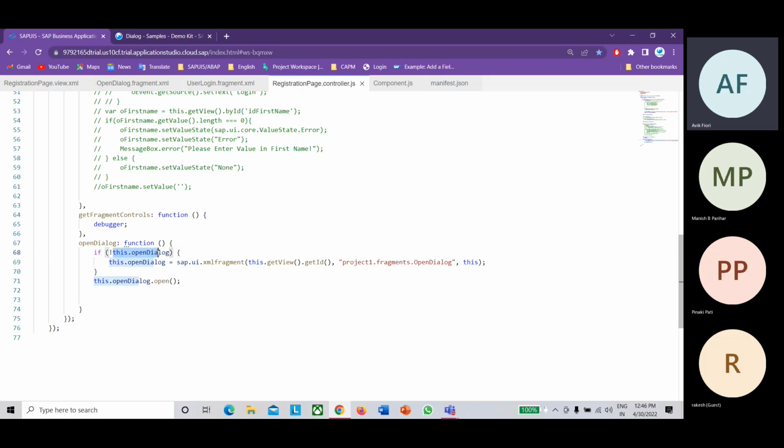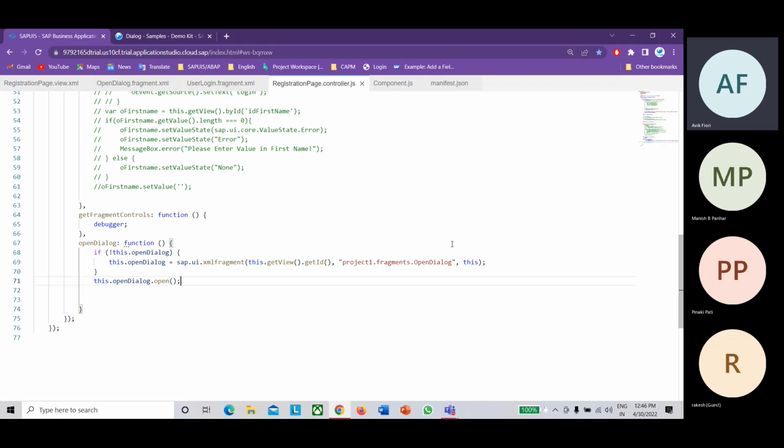Now I have added one condition. By default, when I declare this.openDialog, it will not have any value, so this condition will be true. After that, it will load this fragment, and that fragment will be stored inside this variable. Then once the fragment is loaded, I will open it.